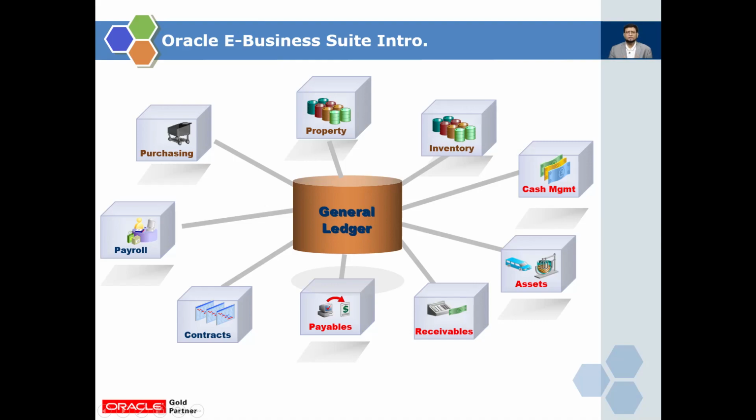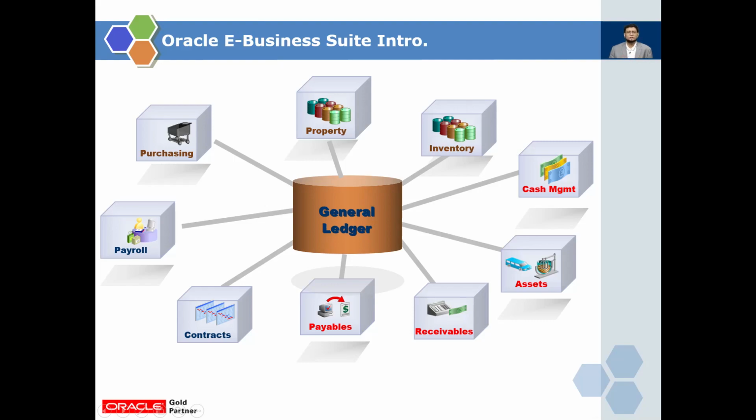Each sub-ledger has its own accounting and its own balances available. Payable maintains the information about your vendors and the transactions related to the vendors. Receivable has the information about the customers and the transactions related to the customers. Payroll has all the information about your staff, their earnings and their deductions, and the inventory module has all the information about your inventory transactions. So all the transactions are available in the sub-ledgers.